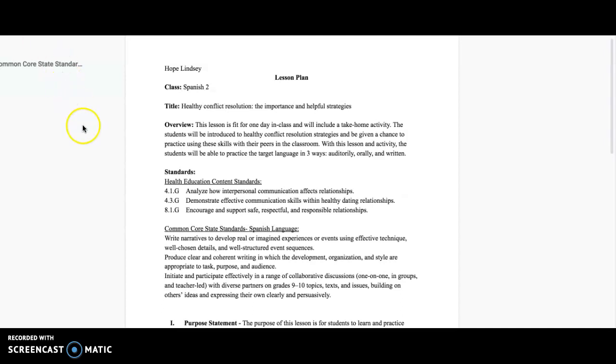I have the standards here for both the health education content and the Common Core State Standards for Spanish language. Diving into that lesson plan,